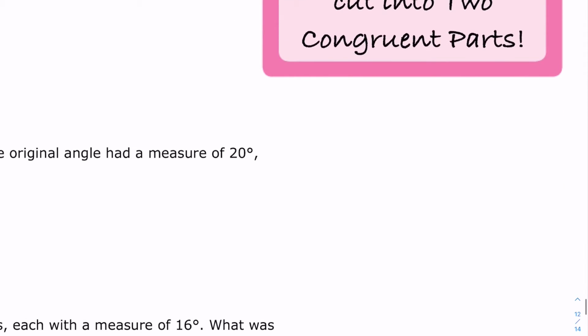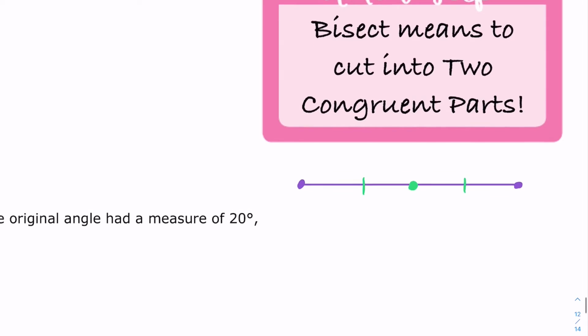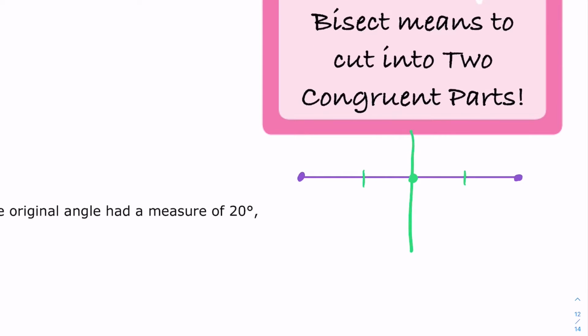Therefore, if we have, let's say, a line segment and I want to bisect it, I have to create what's called a midpoint. So I put the midpoint right in the middle. What I do is I broke it into two congruent parts. So the midpoint is a bisector. It can be a midpoint or it can be maybe a perpendicular bisector. That's fine. Here's an example of a line that is a perpendicular bisector line, but it will break it into